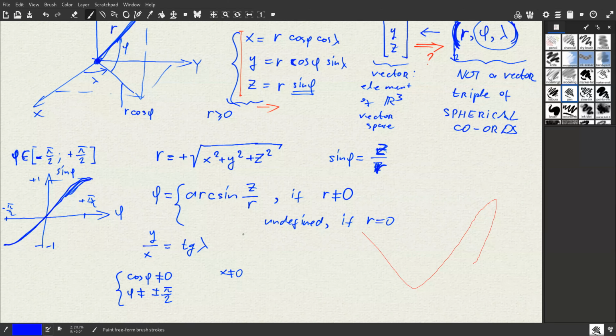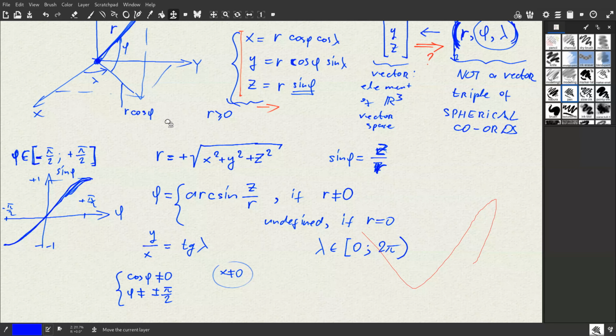First of all, from 0 to pi. Yes. If we really use the geographic convention for lambda, then lambda is between 0 inclusive and 2 pi not inclusive, all right? Whereas phi may include both minus pi over 2 and pi over 2. So that's lambda. Okay, if we are under those genericity conditions, cosine phi is not 0 and x is not 0,